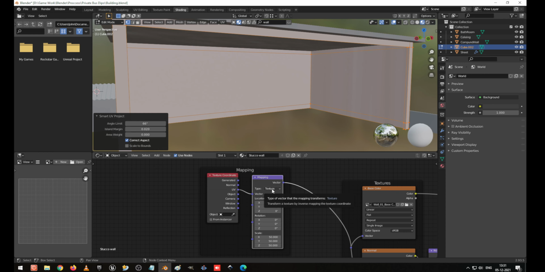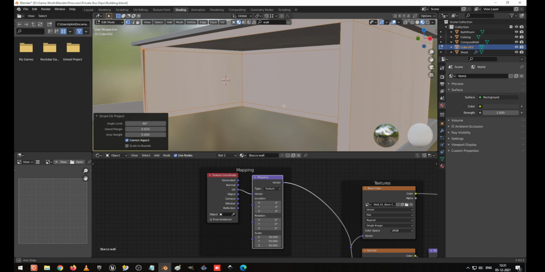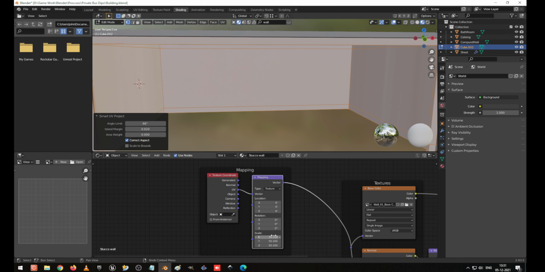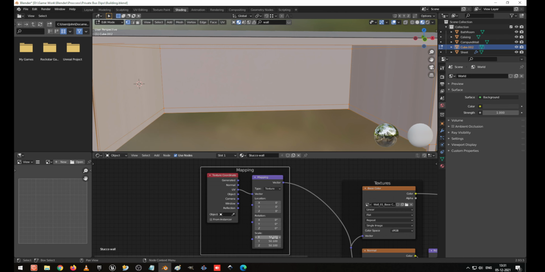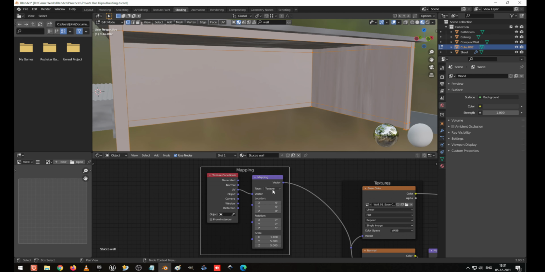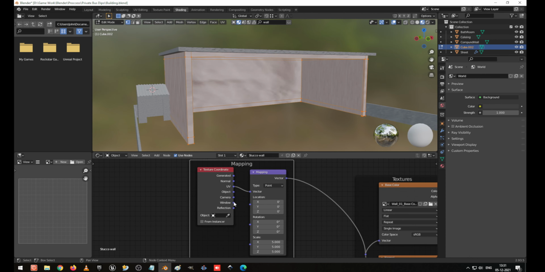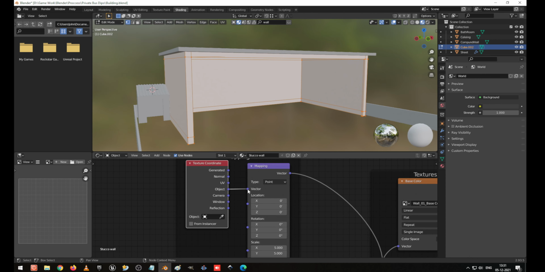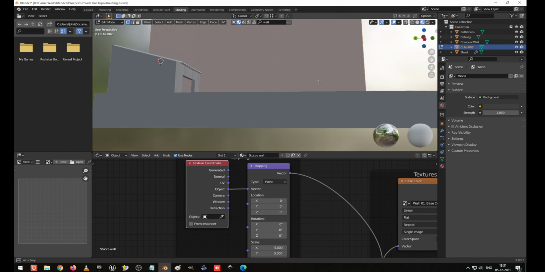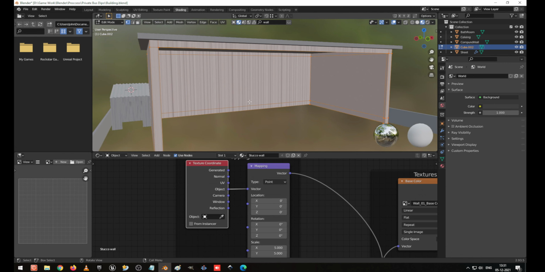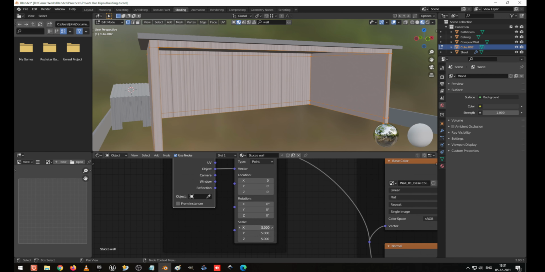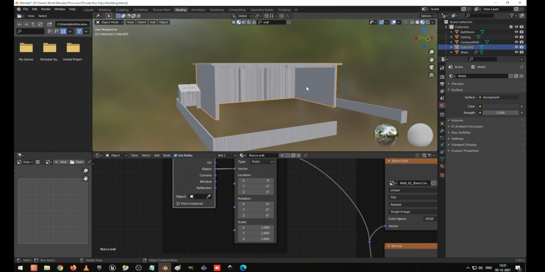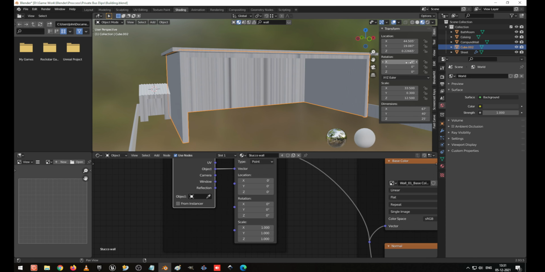So let me change some mapping and see how it looks. Okay, instead of 50 I am going to make it 2. I am going to make it 5. Okay, even this also doesn't look good. We can go for the texture point. Okay, I go for the object and vector, let's see how it looks. Not bad. I press 1 on the keyboard. Let me see whether our item is okay.